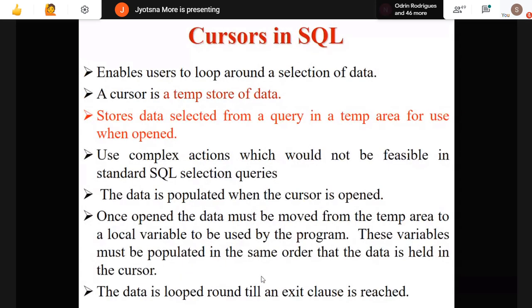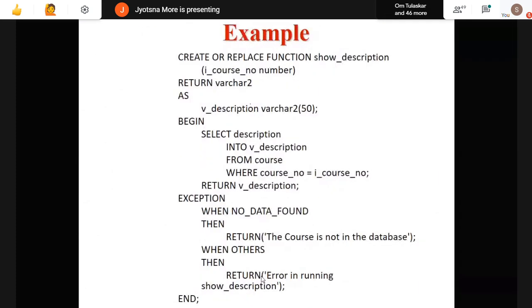Any doubt in function? Ma'am, can you show the exception for one? Yeah. See here, when I am saying exception, when no data found, if I am not getting any result over here, then return the course is not in the database. Instead of writing the dbms underscore output dot which we have written, here you are returning the value.